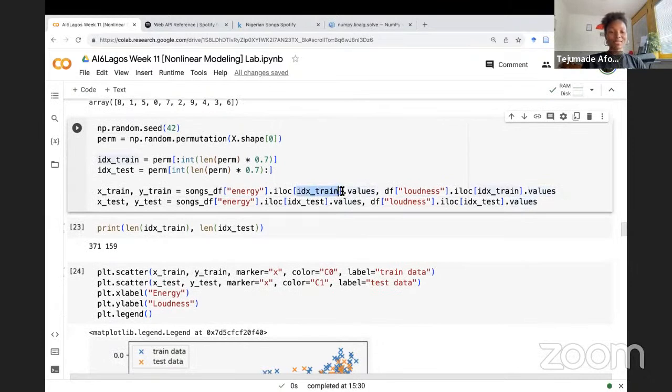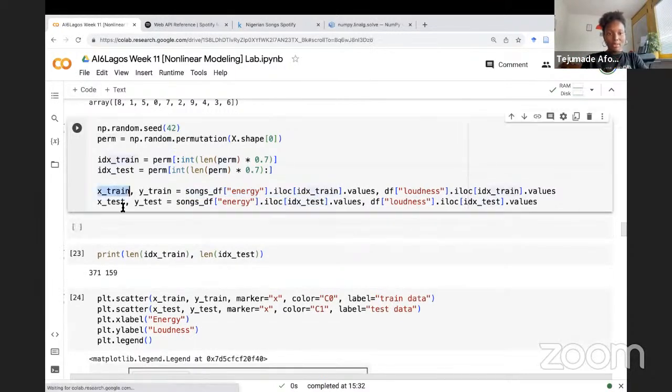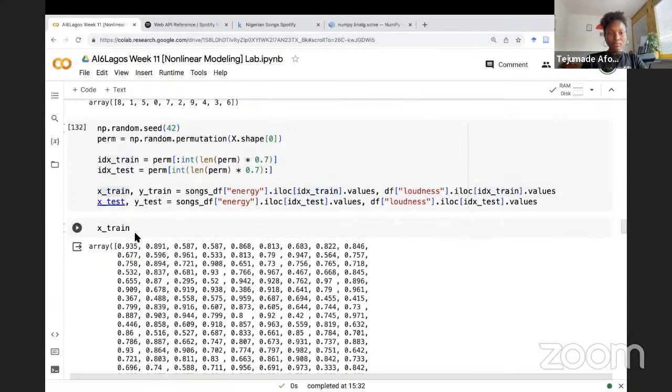So we just put all of the index here. Like NumPy, pandas is pretty cool in the sense that if you specify the different index that you want in this iloc, it just gets you the data with that index. So that's really nice. So we just give it all of the index and it retrieves the data set that has the index for us. And when we run this, and if we print out our X train, we will get,